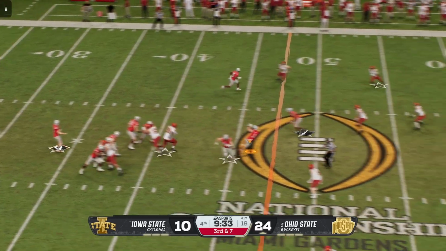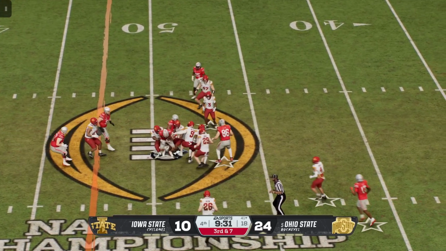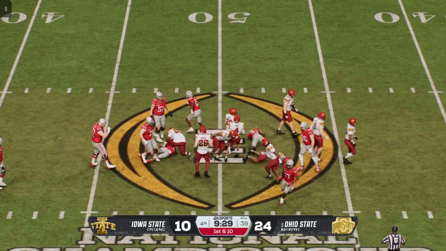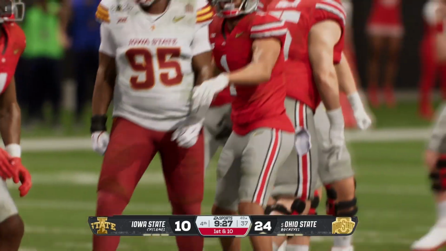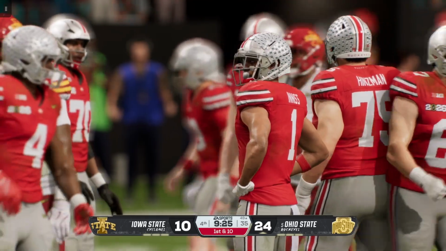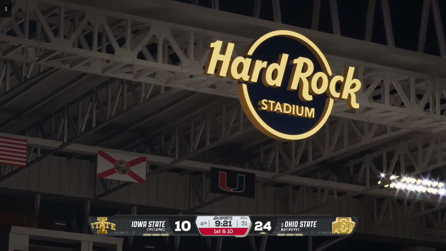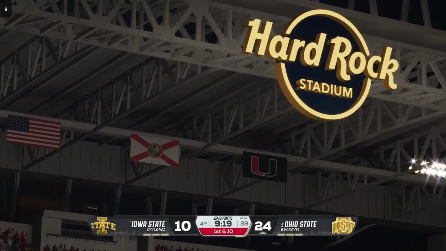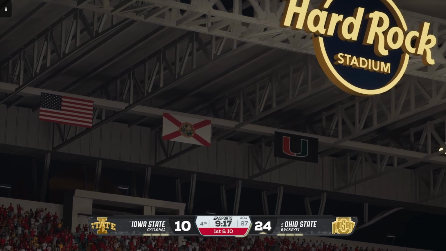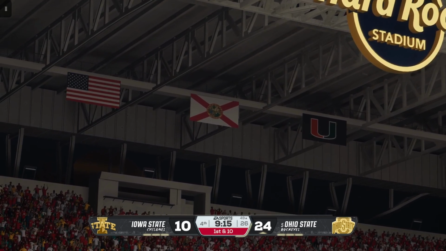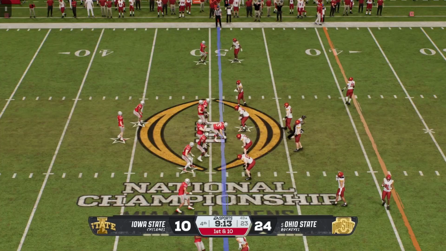Dropping back, looking to throw for the first down. Delivers from the pocket, complete over the middle. They move the ball across midfield and set up a fresh set of downs. Well, why not, Chris? Here we are in the fourth quarter. It's 3rd down. This guy's been making plays all game long. Go back to him again, and it works out. The Buckeyes with 1st and 10 here.